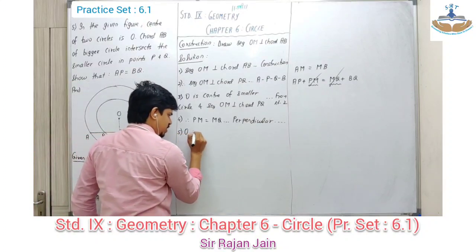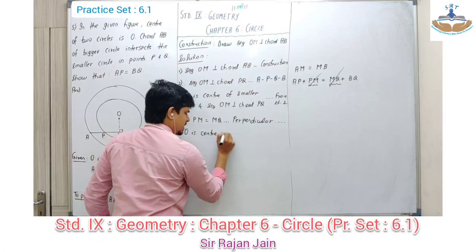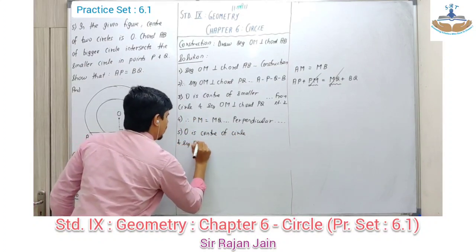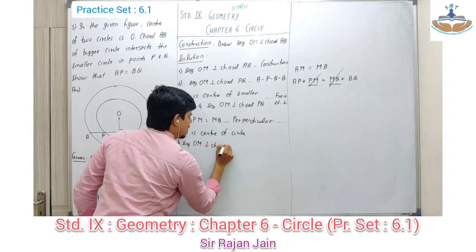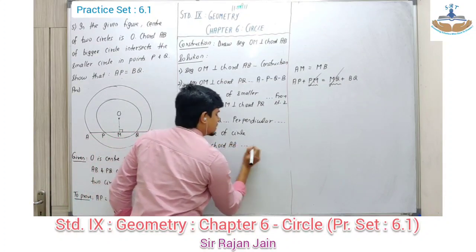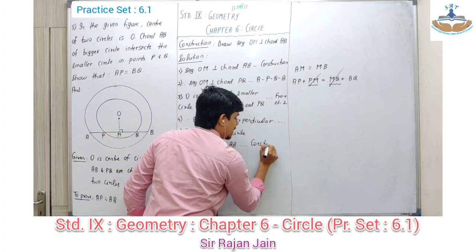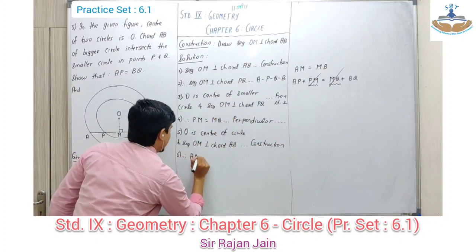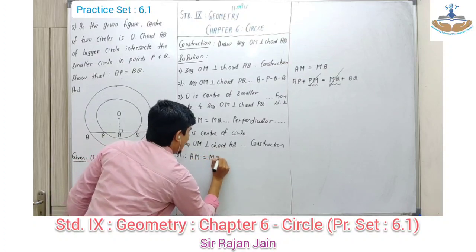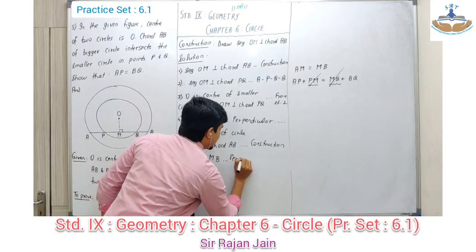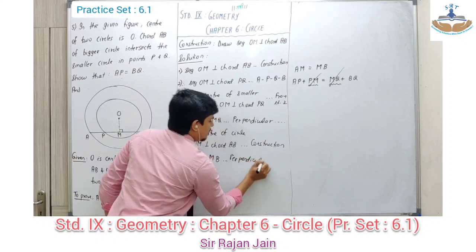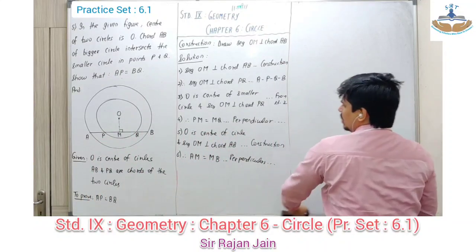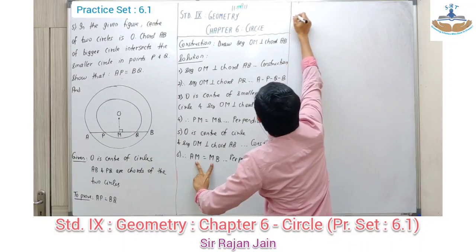So again I write the condition. O is center of circle and sec OM is perpendicular to chord AB. Bigger circle के chord को perpendicular है because of the construction part and therefore now I will say AM is equal to MB. Reason perpendicular drawn from center of the circle to the chord bisects the chord. अभी आपको मालूम है क्या करने का? AM और MB को split करो.